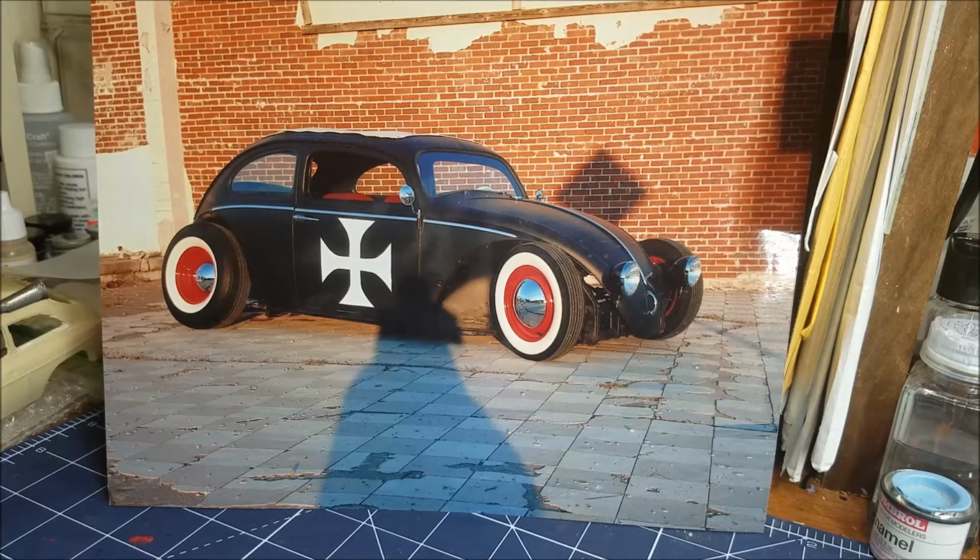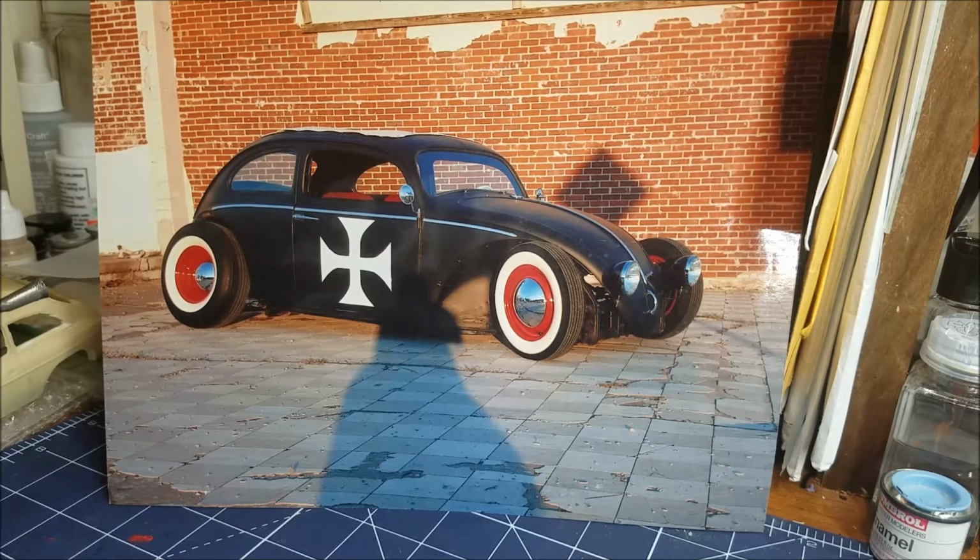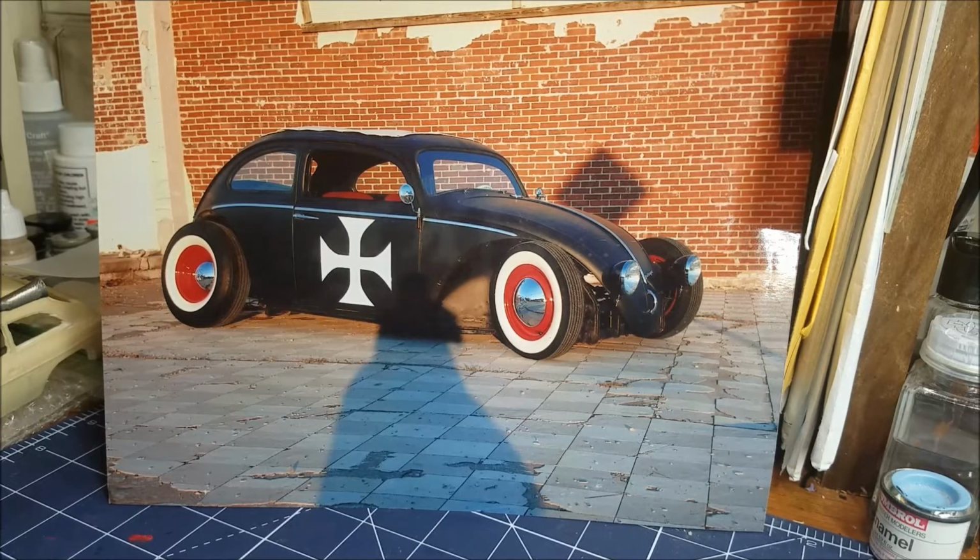But years ago I'd started building a model, probably about the same time that I finished that up, and then it just sat in the box. I cut the fenders off of it, sat in the box, and I never finished it. So this is what this video is. It's the final on that stalled project, and Tim got me to thinking about that with his